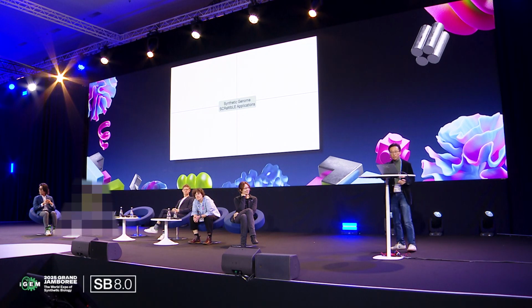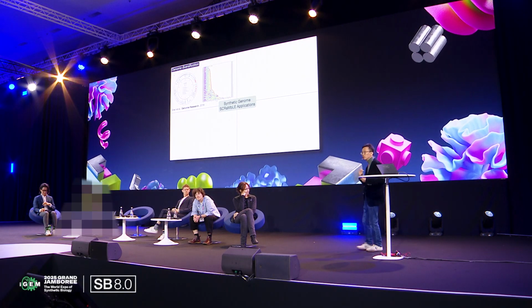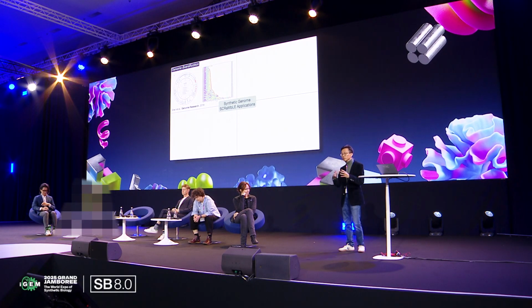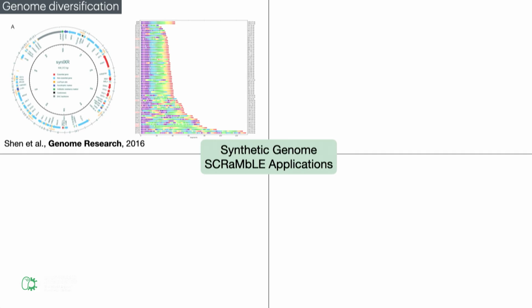And this is kind of a crazy idea for engineers, right? Because you would not imagine someone building billions of airplanes and seeing which one still flies in the air. But that's the power of biology. So by doing so, I can show you some of the applications. So the first one is we demonstrate that by turning on Cre, the yeast can transform into billions of combinations, and you get really novel genotypes. So you can really, on demand, turn on the genotype diversification program.